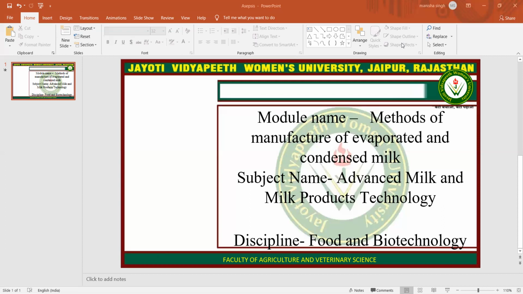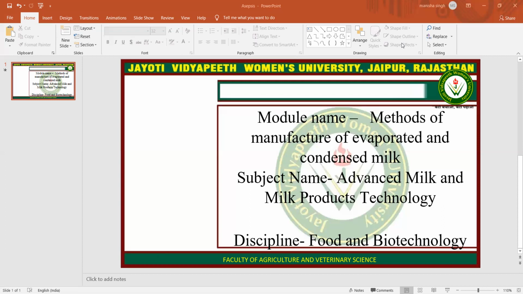The primary purpose of sterilization is to destroy microorganisms and enzymes. In addition, the sterilization process is utilized to achieve the viscosity of the product and improve the body so as to give a creamy consistency to the finished product. It is done at 116 to 118 degrees Celsius for 15 minutes.